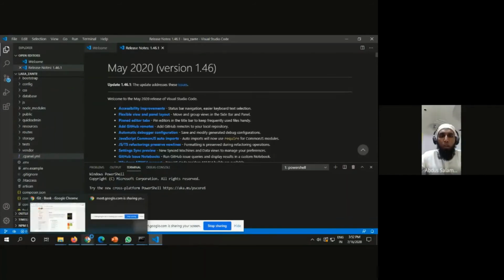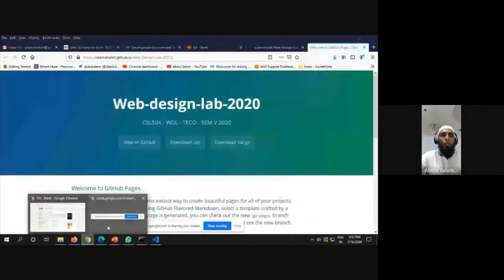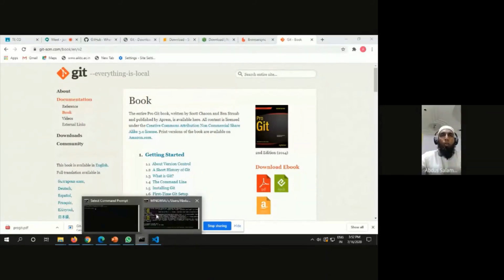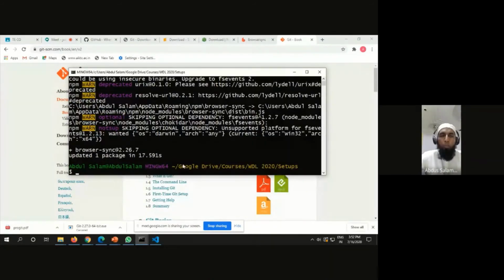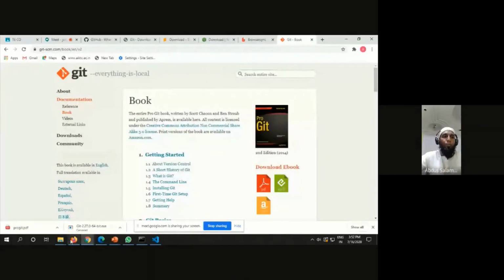You want to know about the Git console or the Git Pro, the PDF file? Are you asking about the book or about the console commands? Okay, both. Okay, fine. So I'll just close the window.